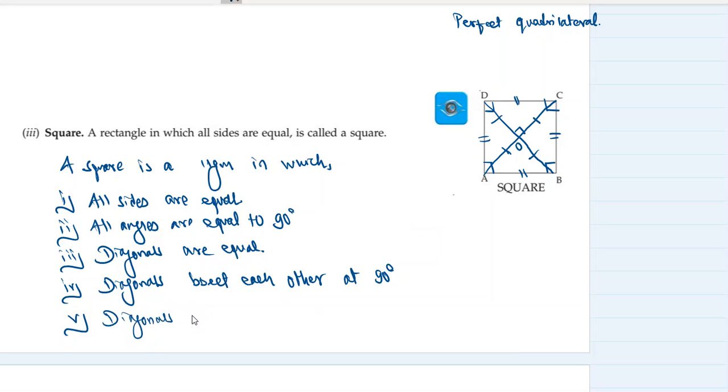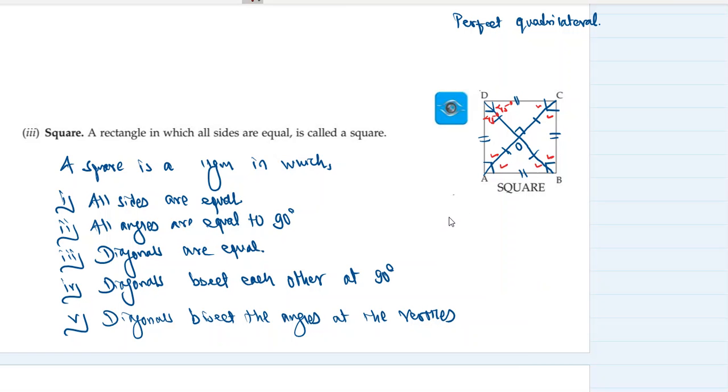And fifth special property of square is diagonals bisect the angles at the vertices. ये जो वर्टाइसिस पे एंगल बन रहा है ना, उसको डायगोनल्स बाइसेक्ट करते हैं। अभी वर्टेक्स पे तो एंगल 90 डिग्री बन रहा है, मतलब ये 45 डिग्री होगा और ये भी 45 डिग्री होगा। तो सारे एंगल्स कितने होंगे, इक्वल होंगे, कितने, 45 डिग्री each, ठीक है।